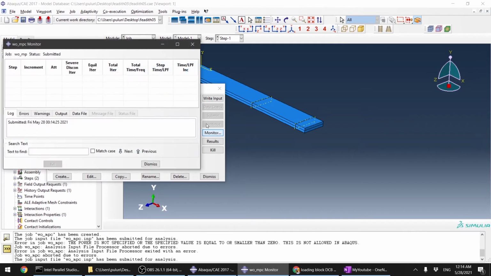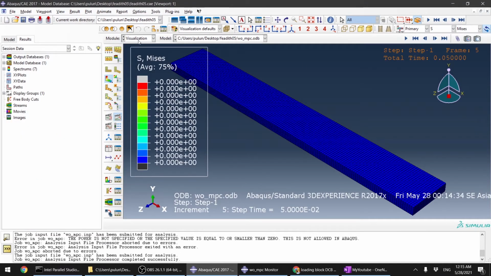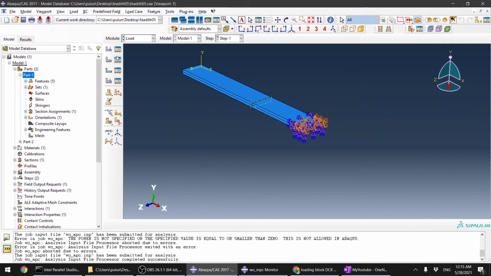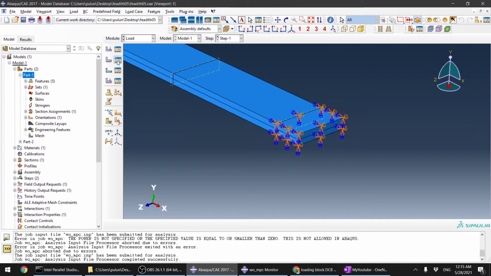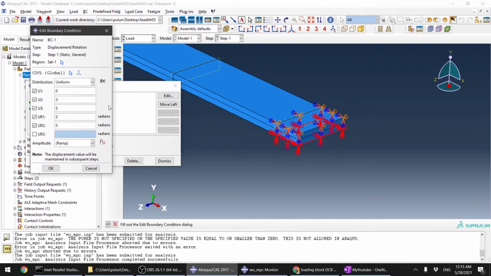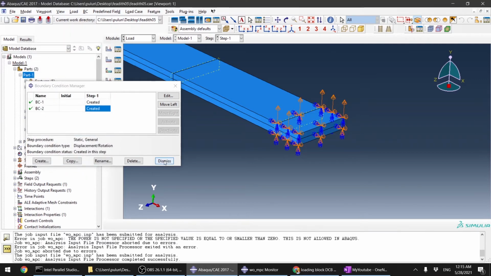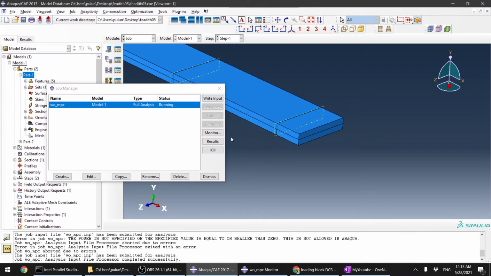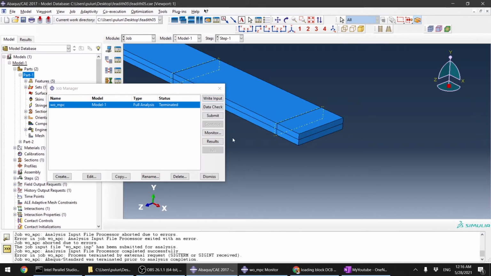Hopefully there's no error. Okay, it's running right now. It's going to take some time. Let me pause it. Okay. It turns out I forgot something, guys. Let's go back again, not in the interaction, in the load. We didn't give any loading. In fact, we need to. Oh, this is the lower one. The upper one, in the y direction, we need to give 100 millimeter displacement, otherwise there will be no loading, right? Kill the job, and let's wait for it to stop,